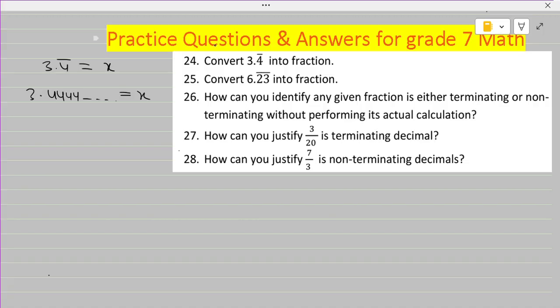what we do here is we will shift this decimal one place from left to the right side. So for that, first we suppose this is the first equation. So 3.4 bar we are supposing as the first equation, and it's 3.444 continually, 4 over there. And now we have to shift the decimal one place from left to right side, and for that we have to multiply by 10. So multiplying both sides by 10,